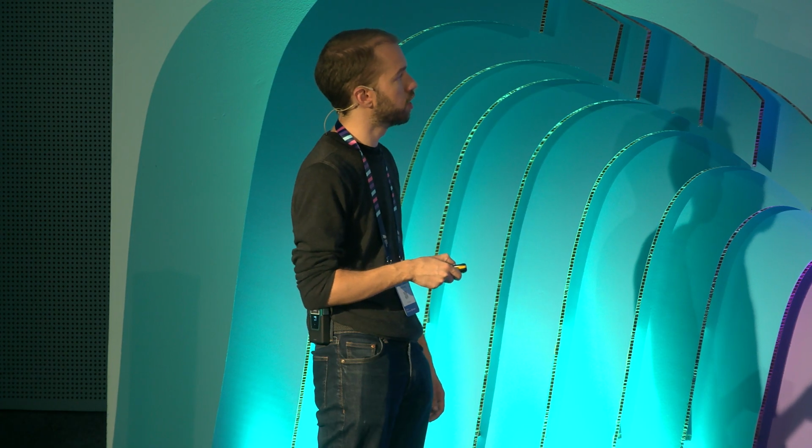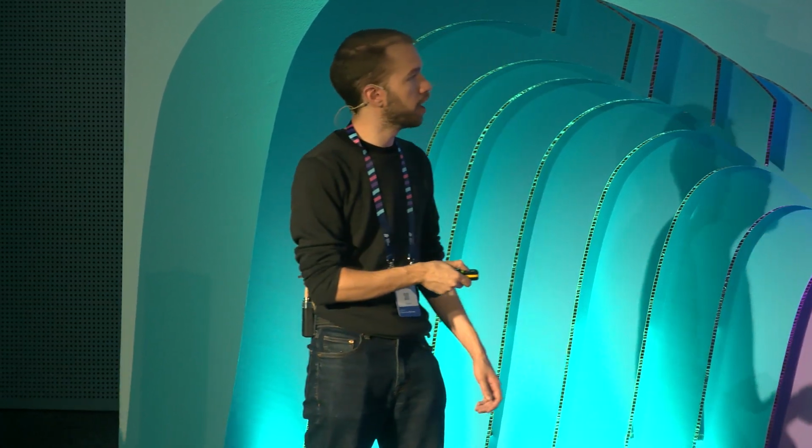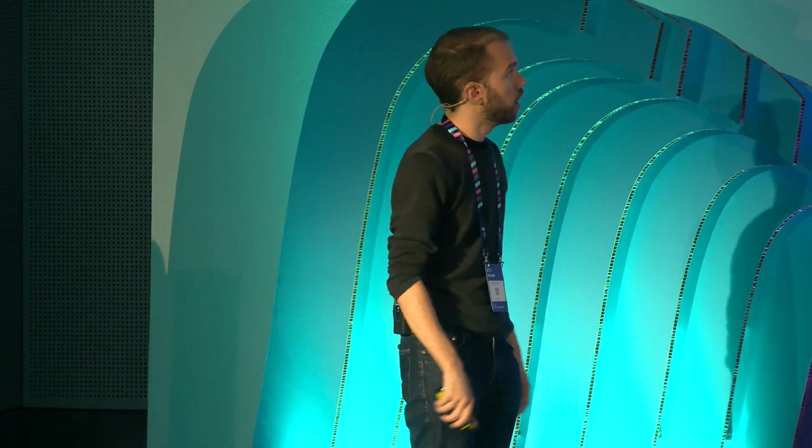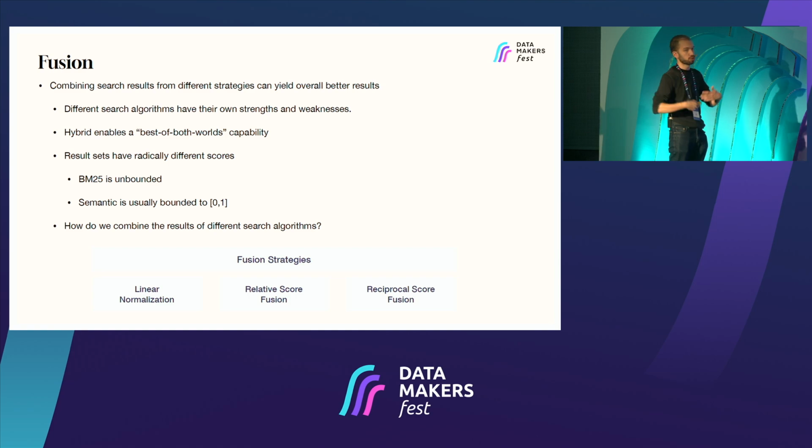And of course, the graph, if you want to extract entities and their relationships: what entities are those, what relationships do you want to extract, and the traversal algorithm. How can I look in the graph for what I want to find? For example, if I extract an entity from my user query, what I want to find. I want to do community finding. I just want to traverse the graph and find their neighbors, stuff like that. Of course, when we talk about combining search strategies, we have to talk about fusion.